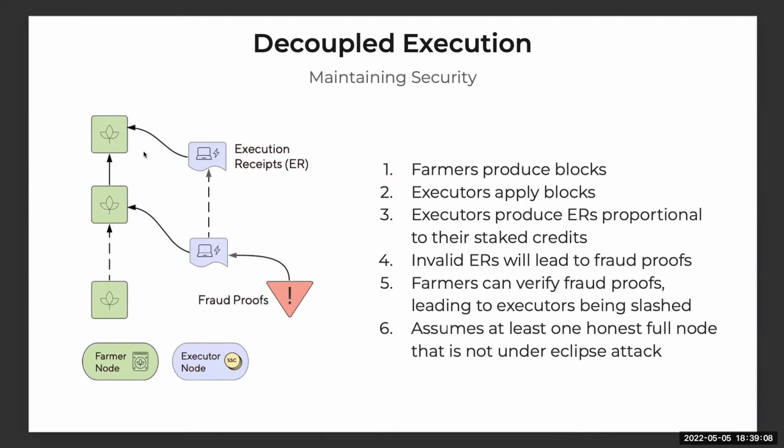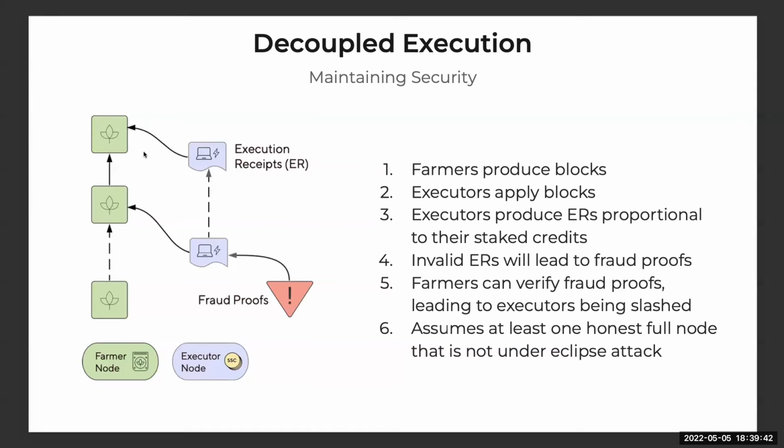And then if an executor produces an invalid ER, all of the other honest executors on the network will see this and immediately recognize it. Any full node as well will immediately recognize it, because this execution is deterministic. So on the left side, what the farmers are doing with the block production is a probabilistic process, right? This is why we have to have a consensus protocol in the first place. On the right side, what the executors are doing is fully deterministic, right? 2 + 2 always equals 4. So if somebody says 5, well, we know